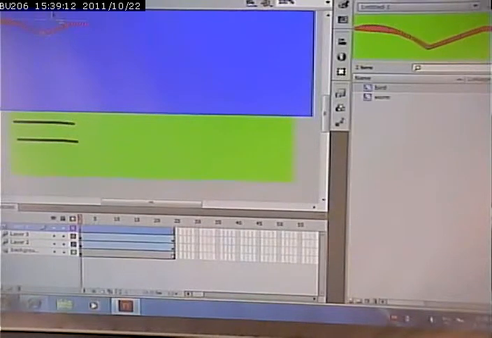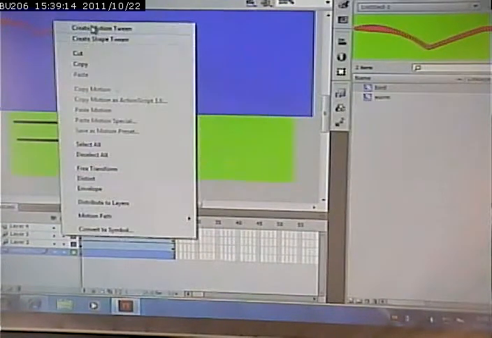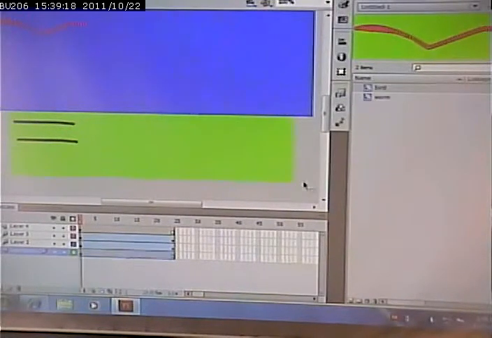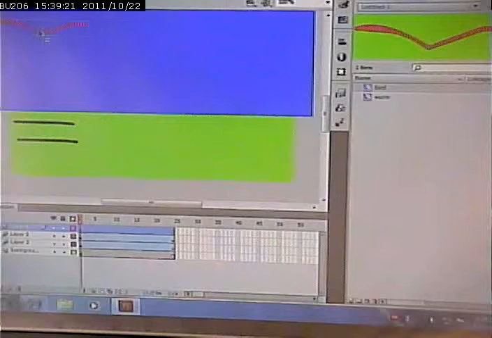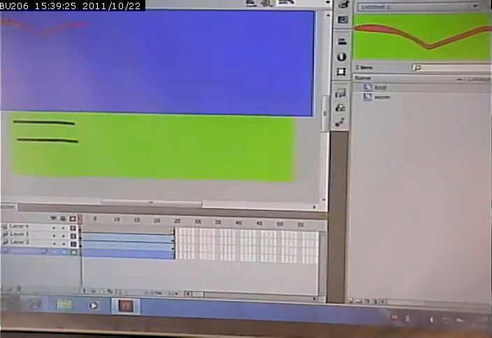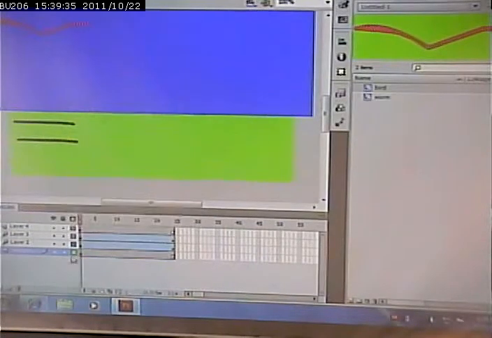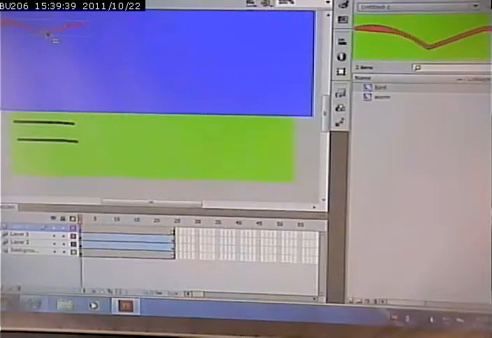Select the bird, right mouse, say create motion tween. Alright. Oh, I'm on the wrong layer, so it's not letting me do that. I have to select the layer that I'm on. Then I can go in. Create motion tween, and then I can go here,